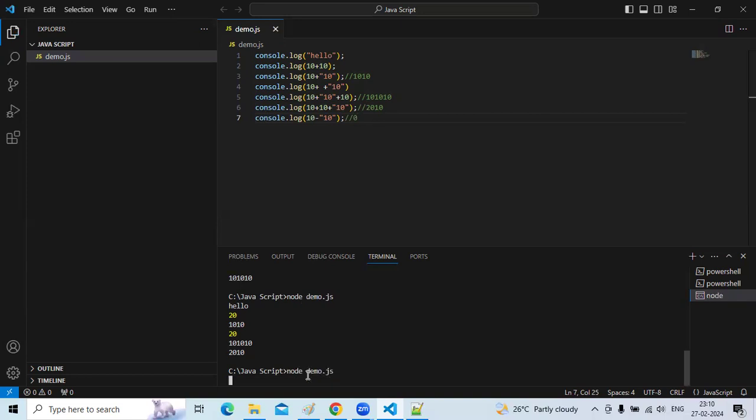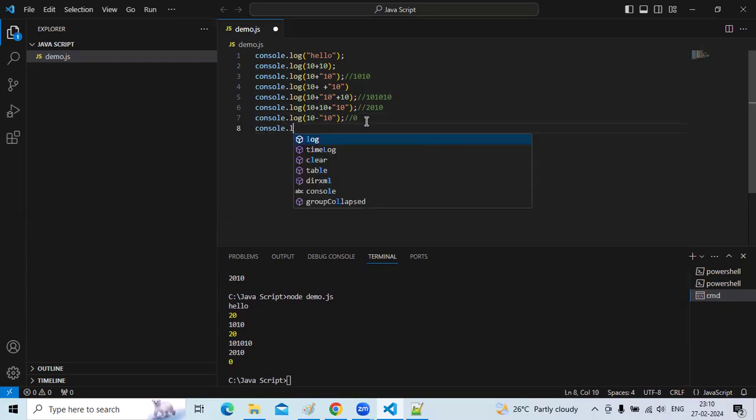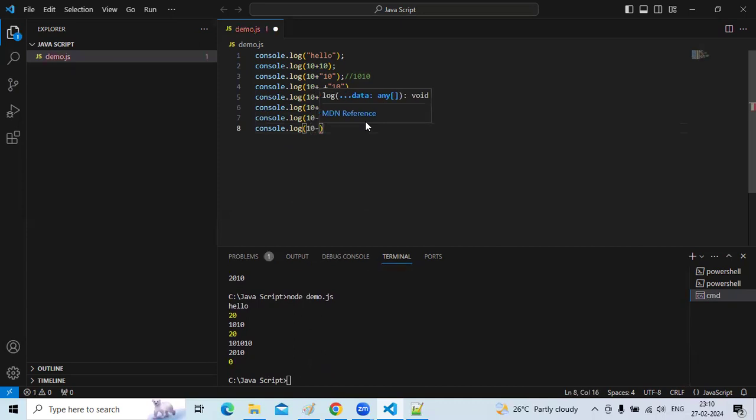See, the result is 0. Now again I am taking one more example. console.log of 10 minus 10 into 10. See, the first value is a number.